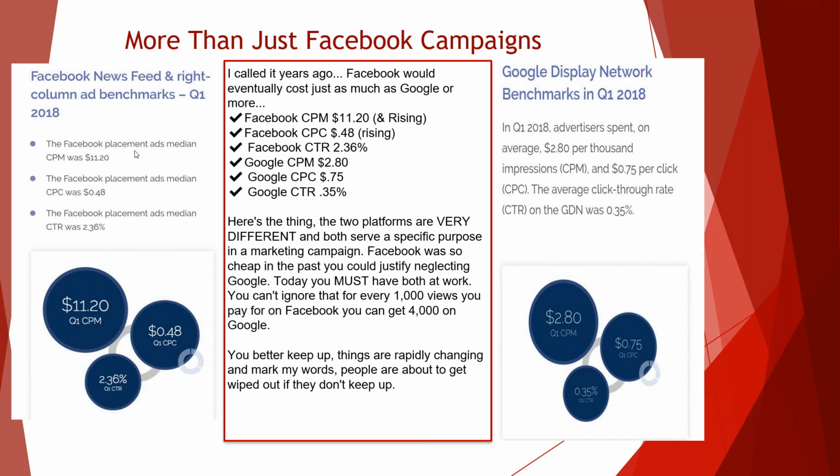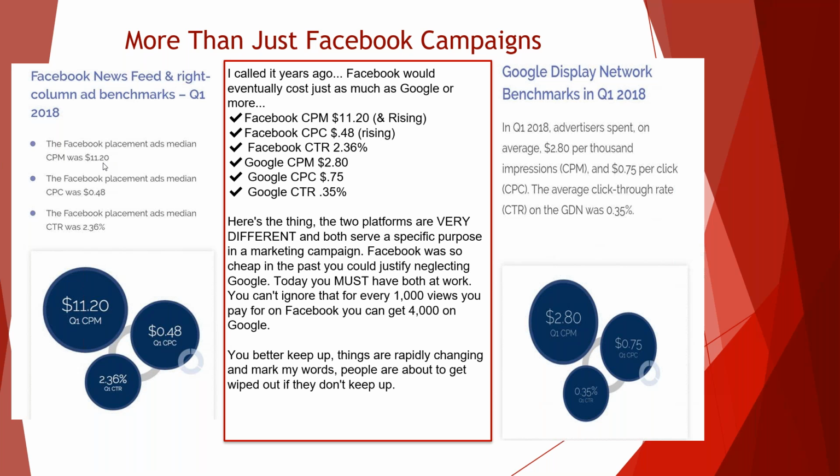So here you can see the Facebook ad placement medium is $11.20 per thousand. So the CPM is how much it costs on average to get 1,000 impressions, all right? And with the formula that we use in our conversion rates, we have a very specific and definitive conversion calculation, and it says that we're going to generate 1 to 2 household leads per 1,000 impressions. That's the way ours works out. When our campaigns are working and meeting the benchmarks on the conversion rates, we're going to get 1 to 2 per 1,000 impressions. All right. So that means you're going to see with Facebook somewhere between a $5 and $11 lead, and